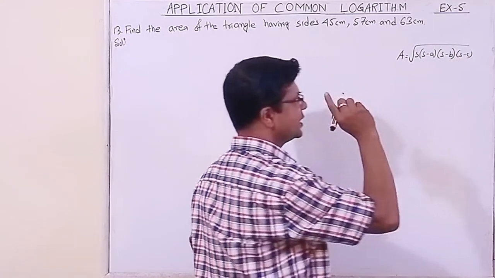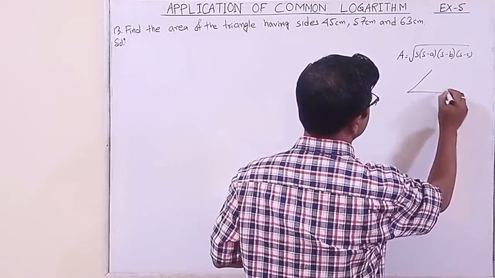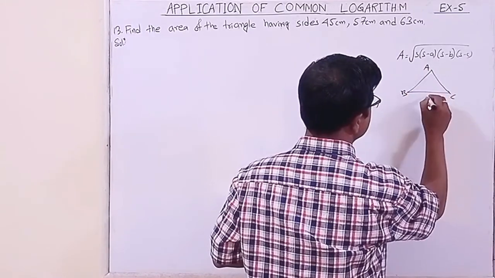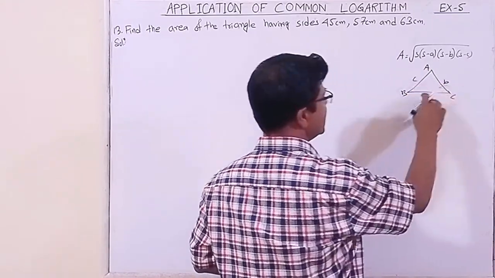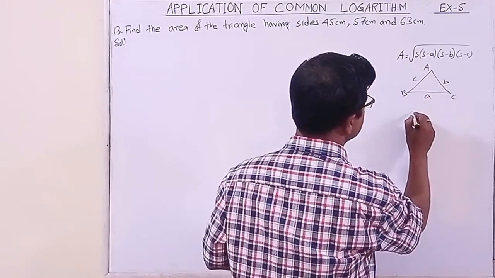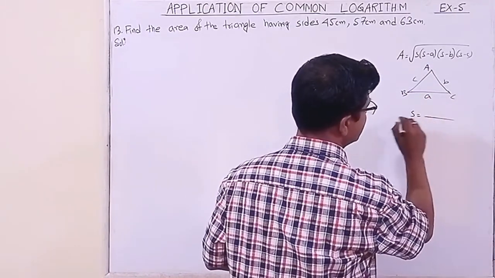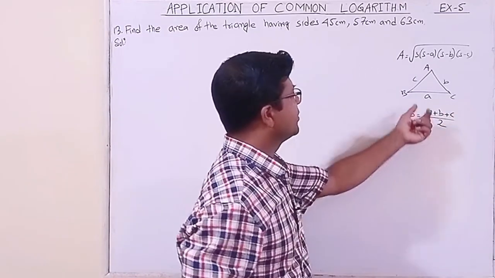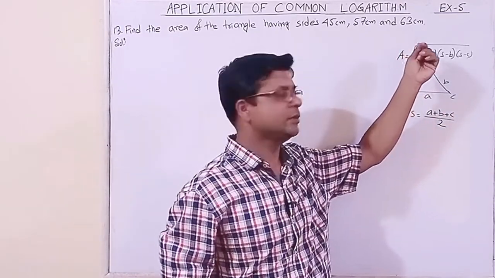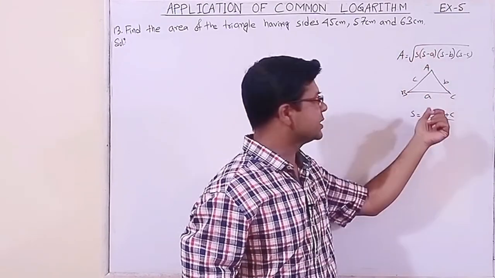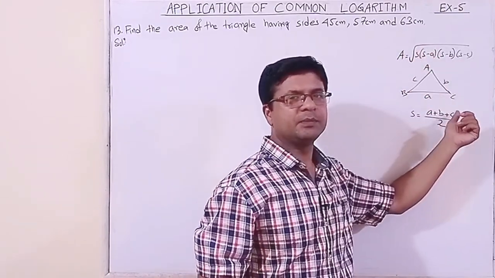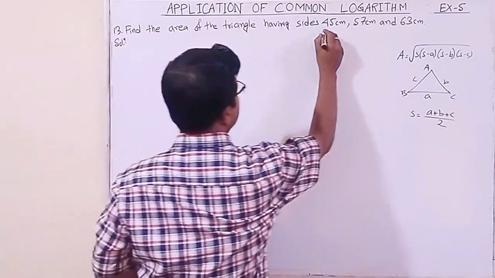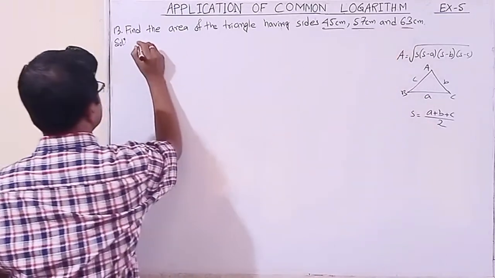Okay, you have to know this. Suppose triangle ABC, with a opposite to A, b opposite to B, c opposite to C, the three sides. What is s? It is called the semi-perimeter, that's why the symbol s is taken: a plus b plus c divided by 2. So first, if we want to use this formula, we have to know the value of s, that is the semi-perimeter, a plus b plus c divided by 2. So let us start. Here this is a, this is b, this is c.